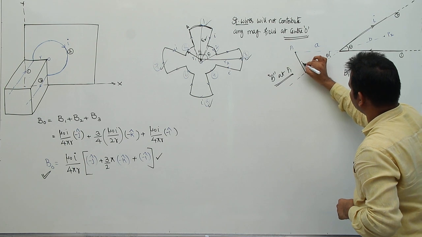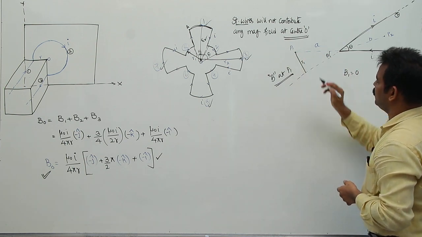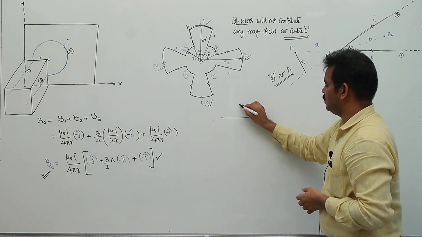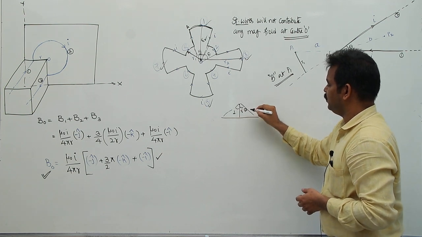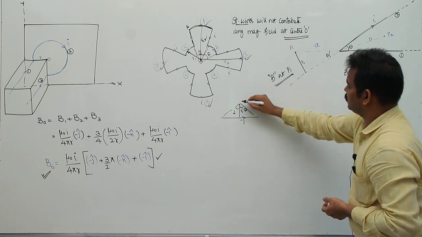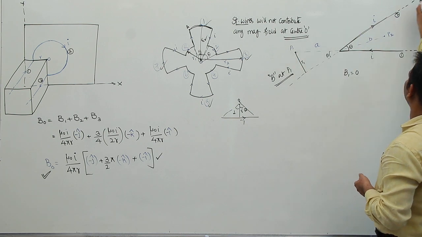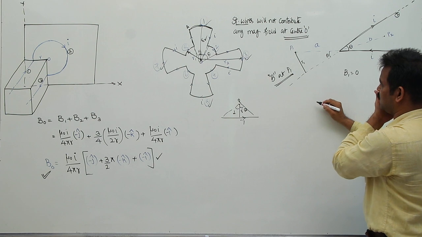Let me take the distance here as R1. Now if you want to find the magnetic field due to a finite wire, here at a distance R, you need to join the point to the ends, this as alpha, this as beta, if it is a current carrying conductor. This is the point P, and I want to find the magnetic field here. So join this one and this one. As it is infinite, this angle alpha will become 0.